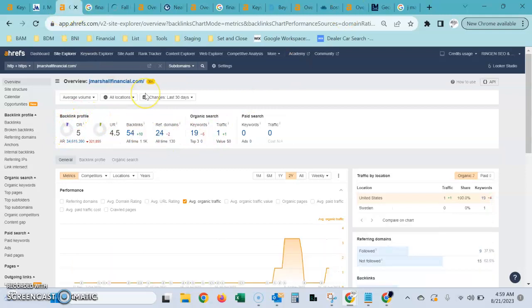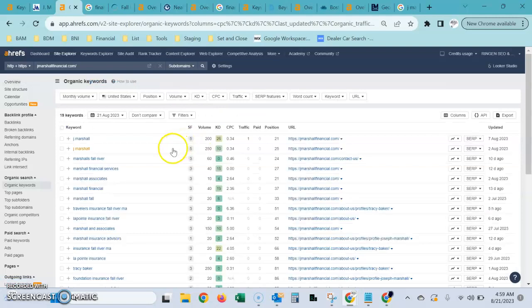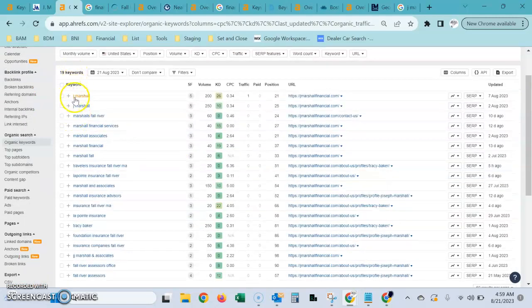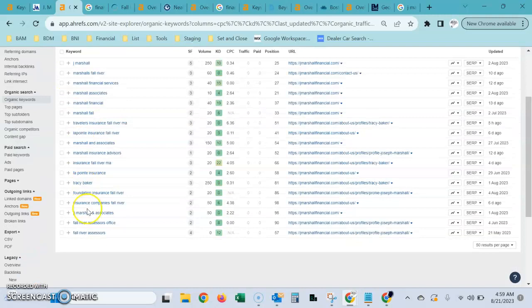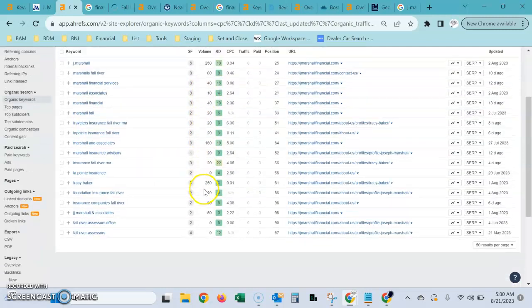Now, the second factor for ranking, which we're going to go through in a little bit more detail here, is your content on the page. The last 3 updates from Google, they've really placed a higher emphasis on quality content on the page. And this is where we can really make up a lot of ground on your site. Because if you see here, these are all the keywords and phrases that Google is either finding on your site or associating with your site. And then it also shows me the volume, the number of times per month they're being searched.